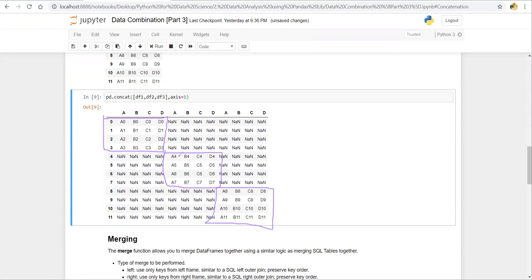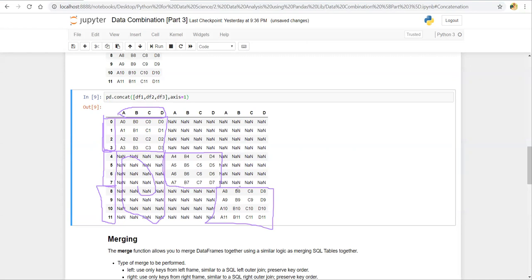These values are coming here because the df2 data frame index is starting from 4, 5, 6, 7, and in df3 the index is starting from 8, 9, 10, 11. And here df1 contains A, B, C, D columns and 0, 1, 2, 3 index. So here it shows the element, but here it is showing NaN because there is no value. NaN means none.